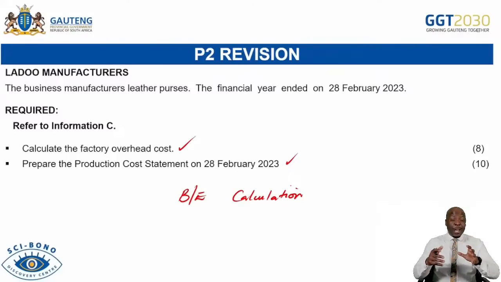Once it has been calculated, you must know how to analyze and how to interpret the figures that you have calculated in break-even. And you must also be able to do your questions that have to do with problem solving, such as the wastage of material, or when we're paying too high salaries, what can we do? These are questions that the examiner can test. So you need to go over this weekend and prepare adequately on such questions. Remember, problem solving will always be part of our exam papers.